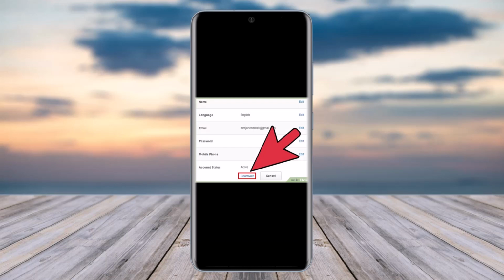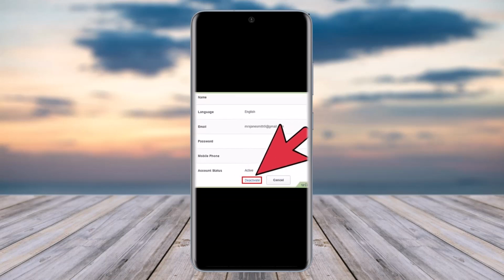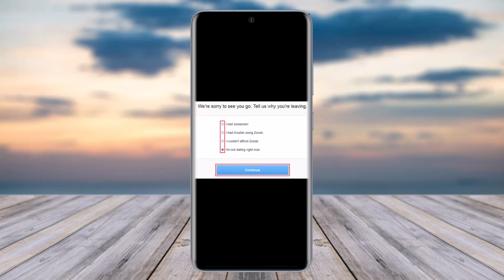Once you have done so, another interface is going to appear with all of your account information, including name, language, email, password, mobile phone, and here in the account status you can find active and deactivate. Simply go ahead, tap on this deactivate option, and now you have to provide reasons why you want to deactivate and